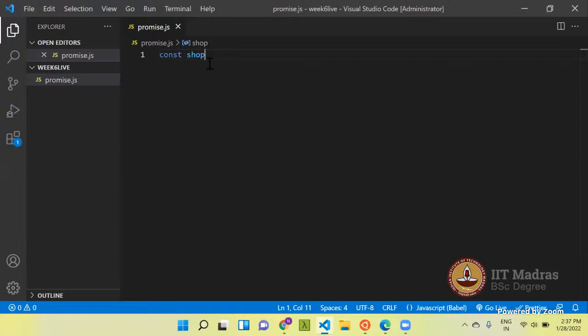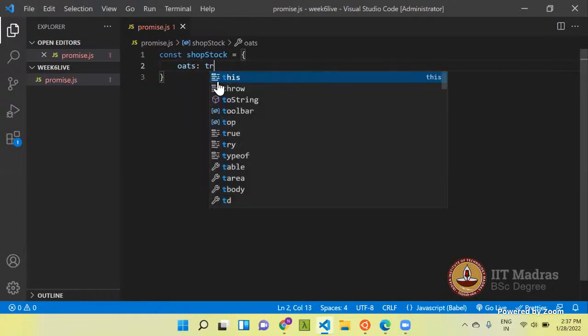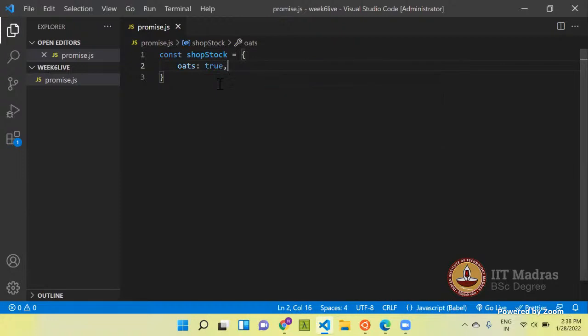So I'll make an object shop, and let's call it stock. For now, let's say the stock has oats.